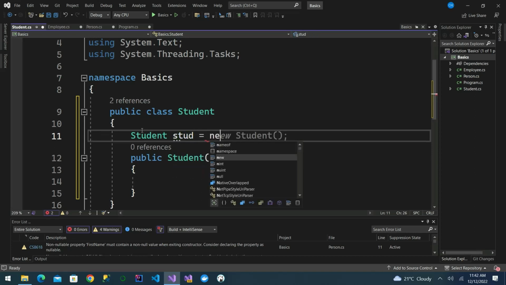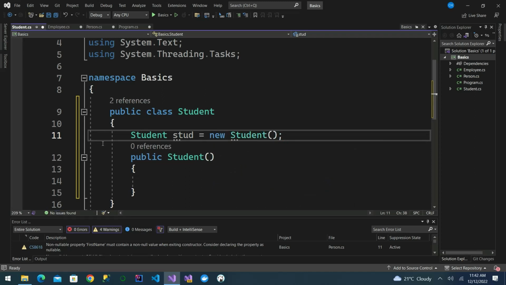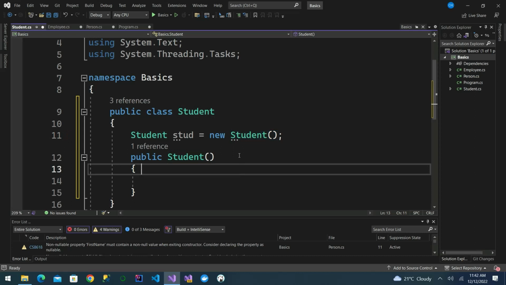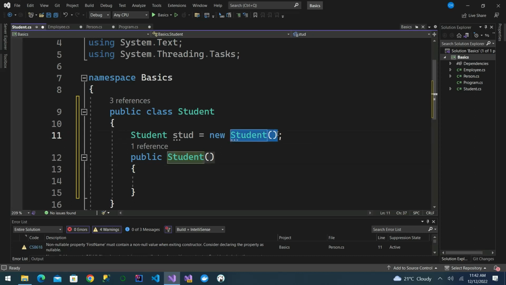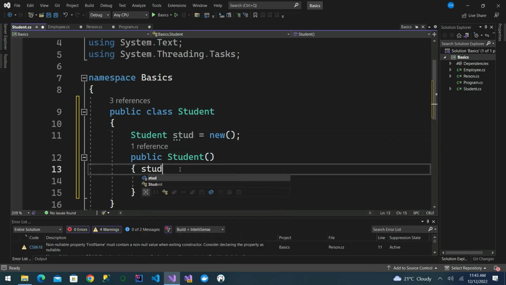You can either write new Student, or in .NET 7 you can do away with this and just say new. That's also fine. If we try to access the properties of a person here,